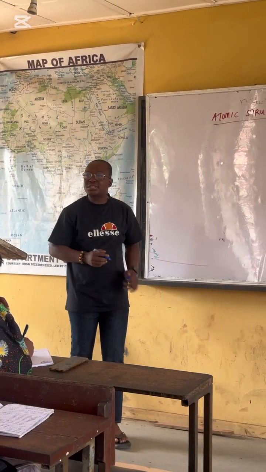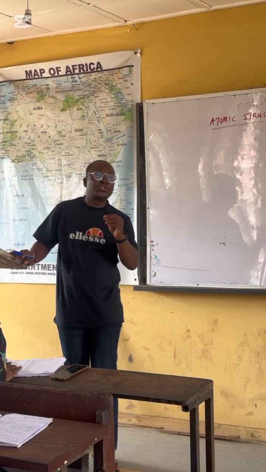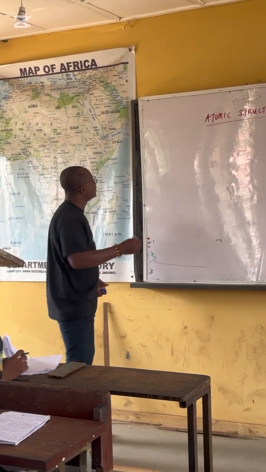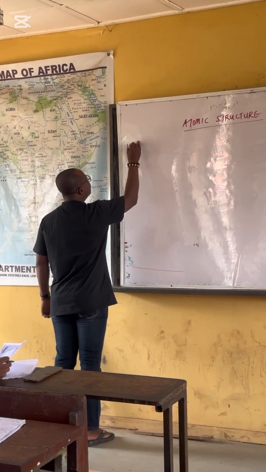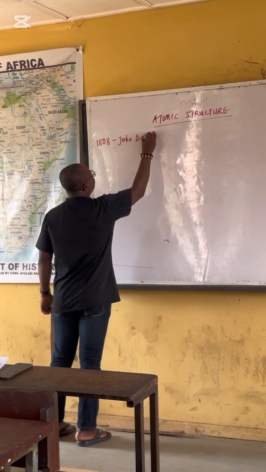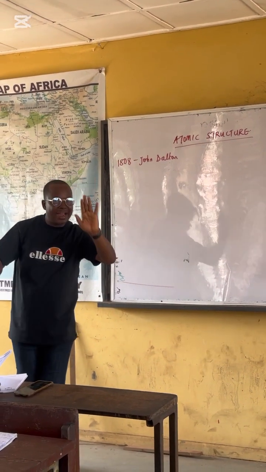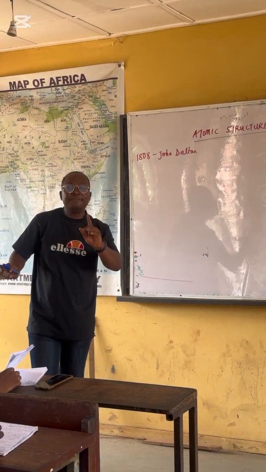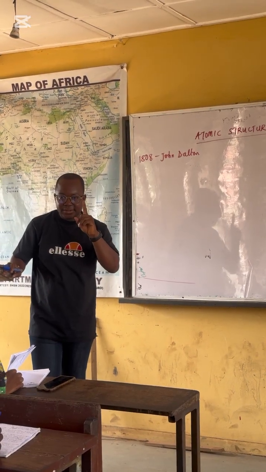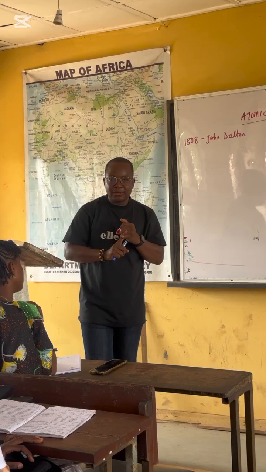And the first atomic theory, or let us say the idea about atom, was put forward by John Dalton in 1808. There are 5 John Dalton atomic theories. And out of these 5, only one is correct. The 5 John Dalton atomic theories are: